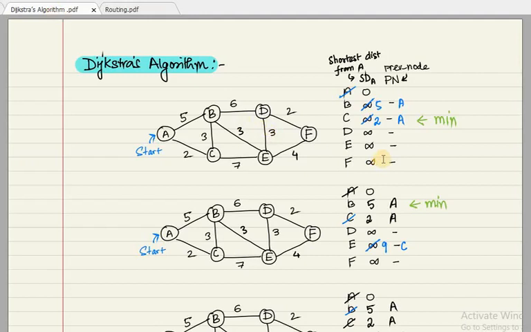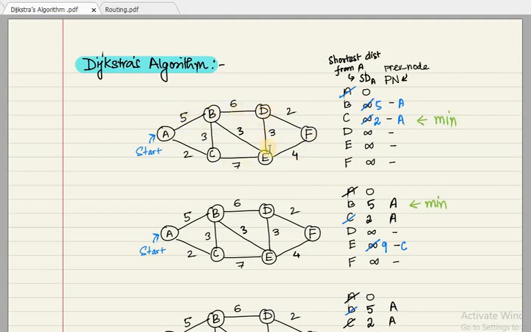I tried to create an example and show you the various steps that are needed in order to obtain the routing table. Okay, so here we have this particular network. We have A, B, C, D, E, and F, and we have links associated with them, which represent the cost. From A to B we have 5, from A to C we have 2. These are the various costs, or maybe the distance, or maybe the importance of those particular links. Here it is just a representation with a number.